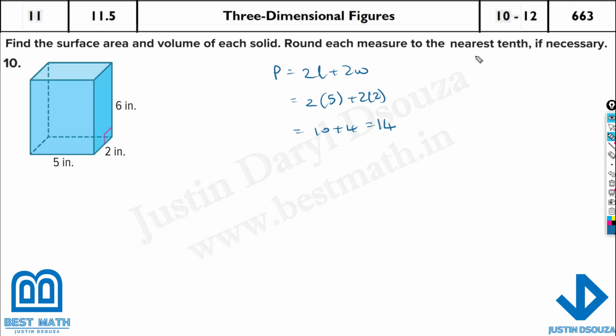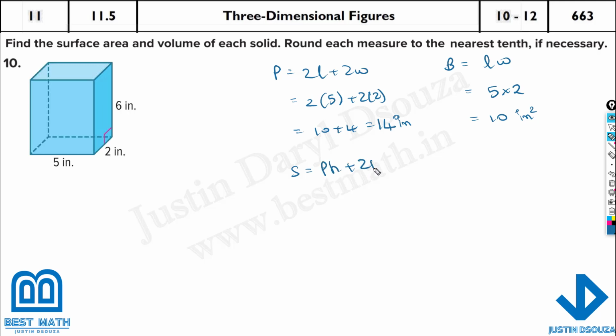And once the perimeter is done, you have to find the area of the base. That is length into width. That will be 5 times 2, it's 10. Now this is in inches. Area of the base will be inches squared. Here also it's inches. Once the P and B are found out, surface area is easily given as P times